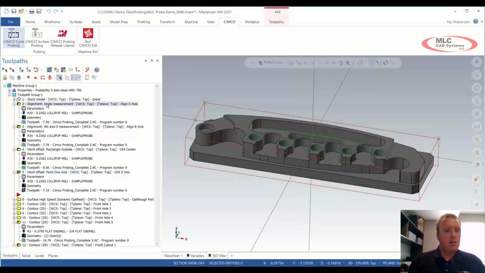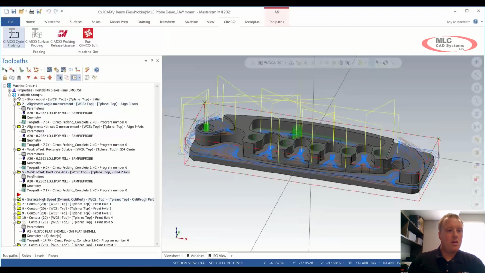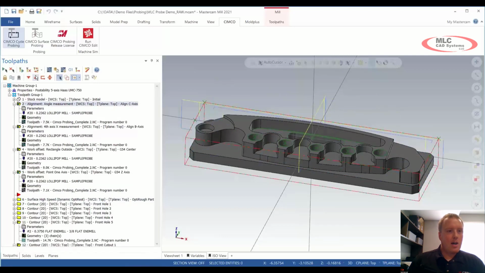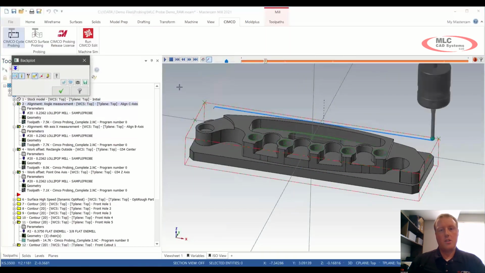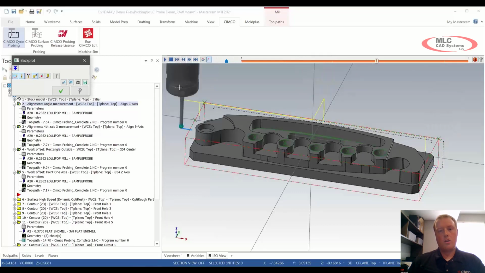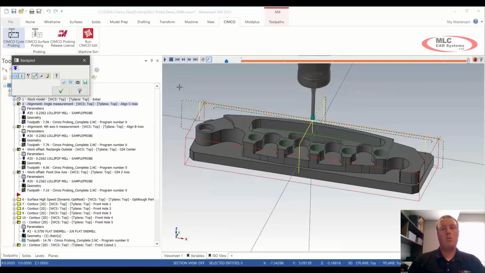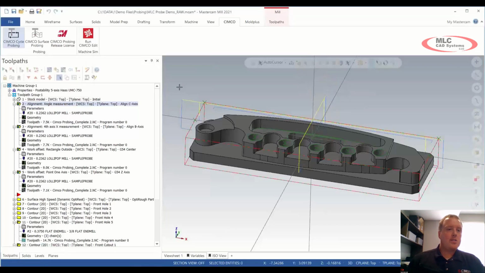So now by putting in all those cycles, I'll run them all through backplot maybe, and that would allow me to kind of take a look and see obviously what's going on. So maybe I'll select on that one all the way up to the alignment. And then of course we can see we're going to touch off the back of the part, rotate that in, touch off on the top of the part, rotate that in, and then of course we're going to go in and hit the sides of the part, and then also our 0 point of the part on Z. So that would be some operations as far as how we can go ahead and set up on my part